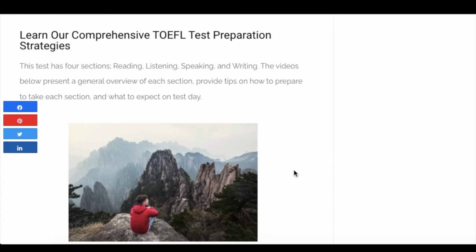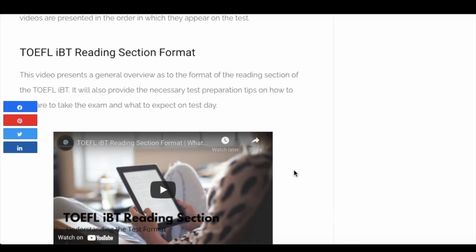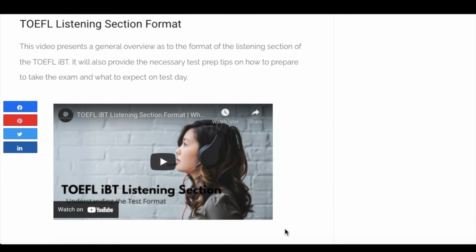On our blog post, we present the best tips and strategies to understanding the format of each of the sections